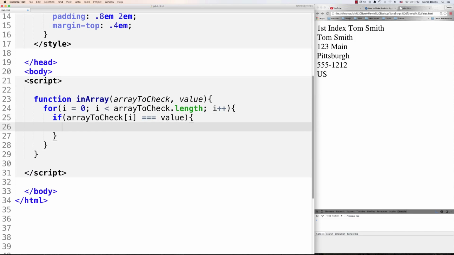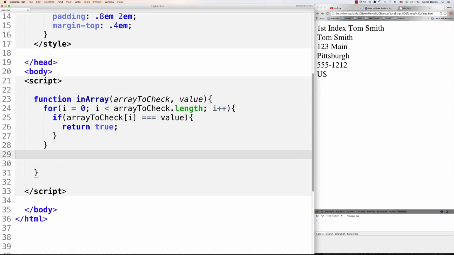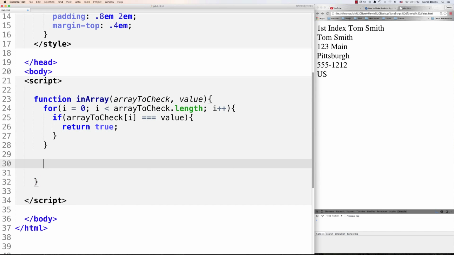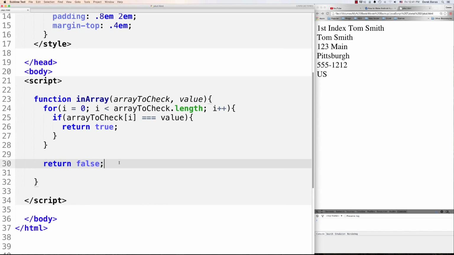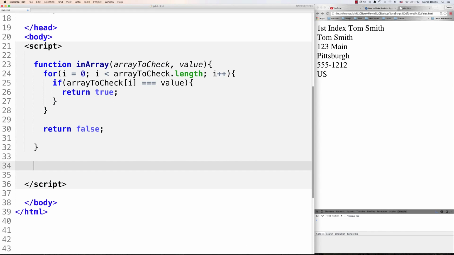If it is inside of there, we're going to say return true, which means true is going to be passed back as a value for whatever called this function. And you're going to see in a second what that looks like. And then if we get the whole way through here, before the function ends, this is the end of the function right here. If we get that far, that means we checked everything, and we can return a value of false in that situation. And now, based off of that, we can call this function for it to execute,